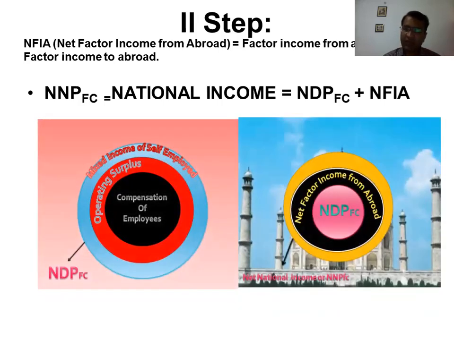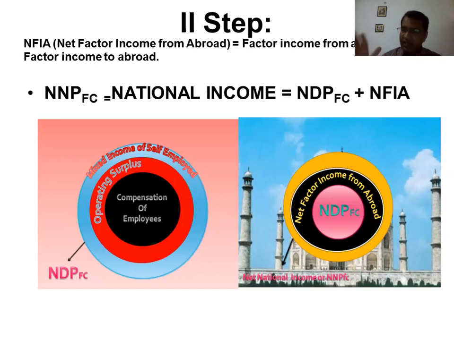With this diagram, I am trying to show it with pictures. Compensation of employees, operating surplus, and mixed income of self-employed equal net domestic product at factor cost. If we add all three components, then we can calculate net domestic product at factor cost. It is also called domestic income, the income earned within the domestic territory of a country, maybe by foreigners or maybe by Indians. The income earned by the normal residents of a country during an accounting year is called